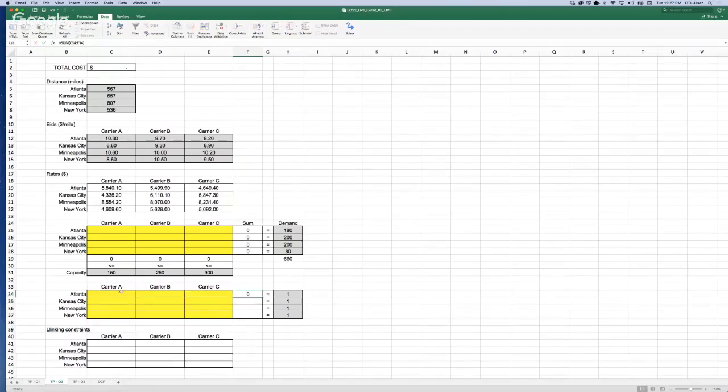Okay, that out of these 3 cells, only one cell could take the value of 1. So in this sense, we'll be making sure that each lane is awarded to only one single carrier. Okay, so we added the binary variables, but now we also have to link somehow the flow variables, that are the number of loads, with the binary variables.